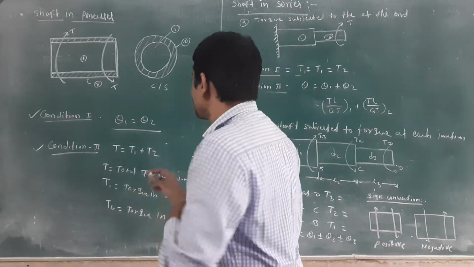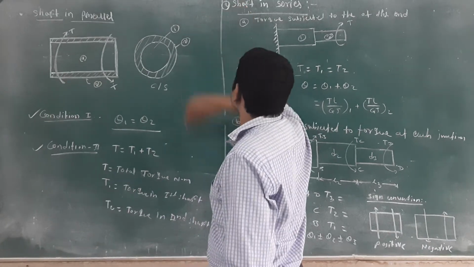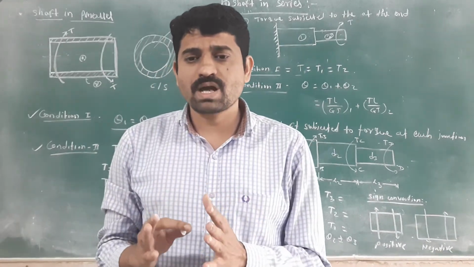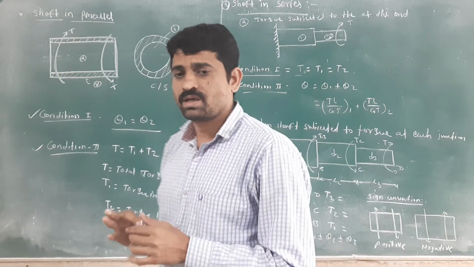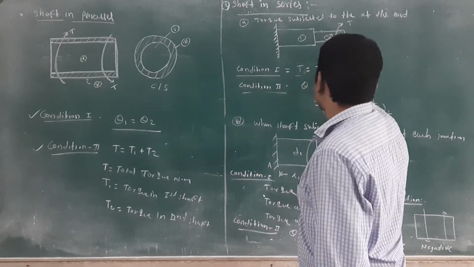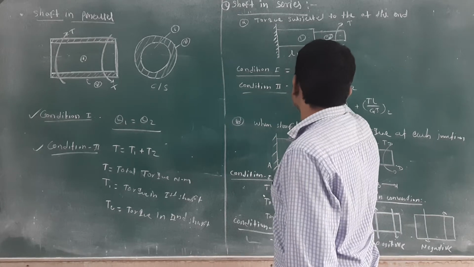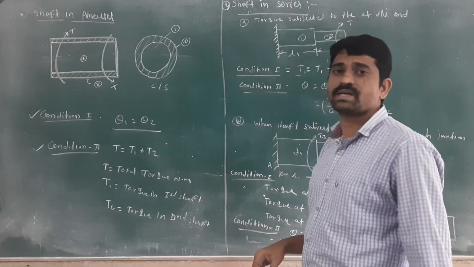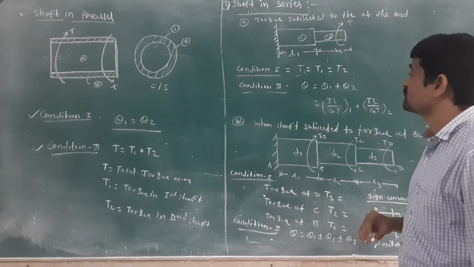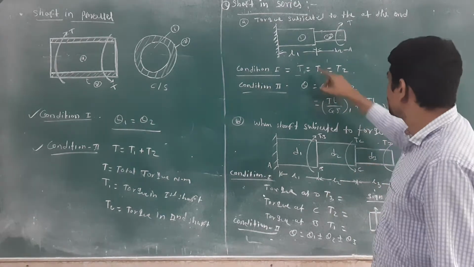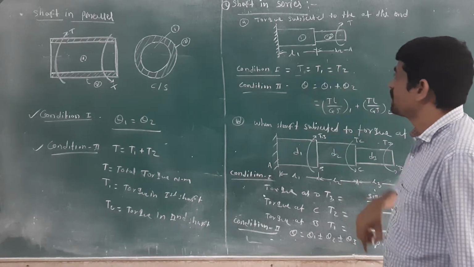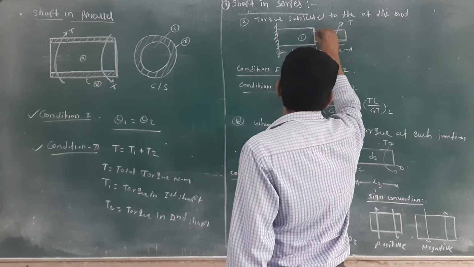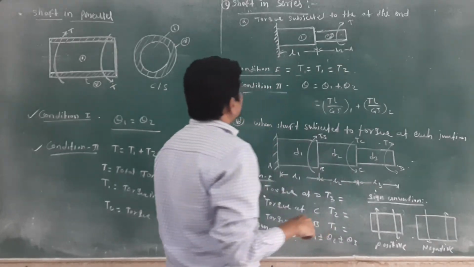Okay. Similarly, the second thing is shaft in series. Okay. We can say a shaft is in series when two or more shafts are connected to each other and remain continuous lengthwise. Okay, continuously lengthwise. Suppose shafts of length L1 and L2, this type of shaft is called a shaft in series. Means lengths are different, or sometimes lengths are equal, but they are connected continuously lengthwise. Okay, this type of shaft is called a shaft in series.